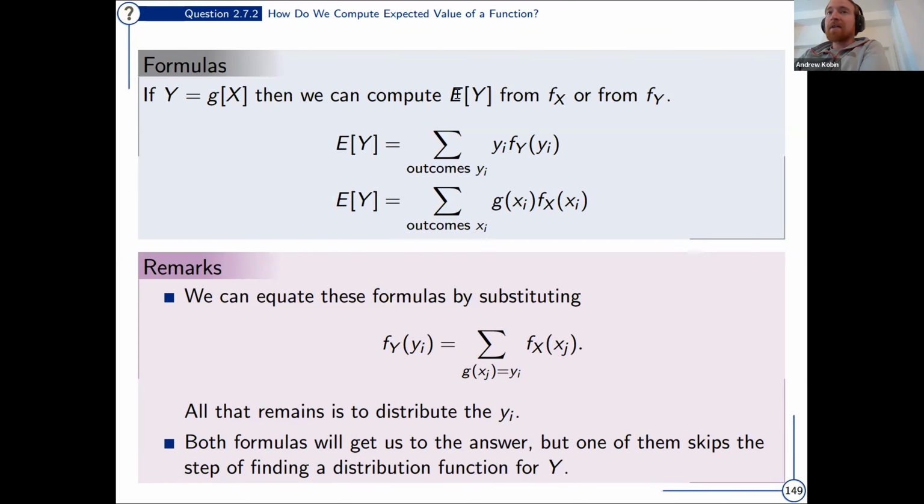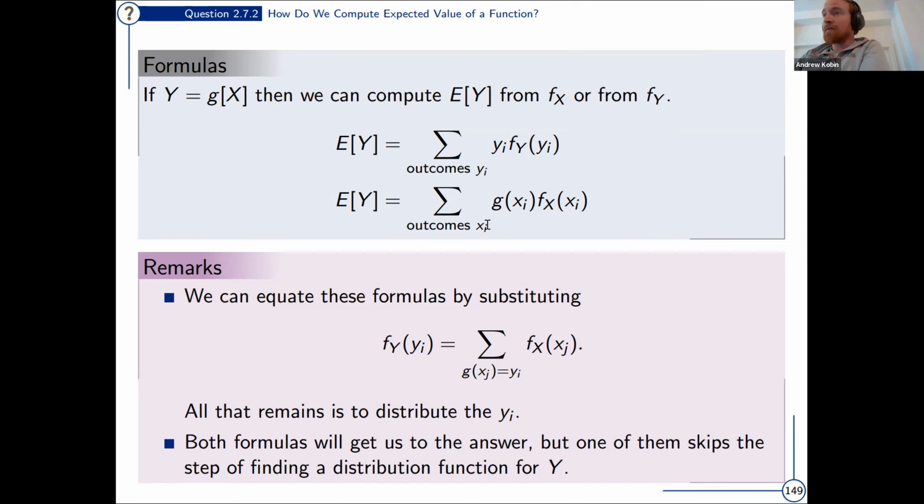Then we can compute the expected value of the new variable Y, either using the distribution for X or the distribution for Y. And those were the previous 2 slides, the 2 computations we showed that both gave 1.92. So the expected value for Y is either a sum over potential outcomes for the Y variable, yi times the probability that yi occurs, or alternatively, we can compute it as a sum over all outcomes for